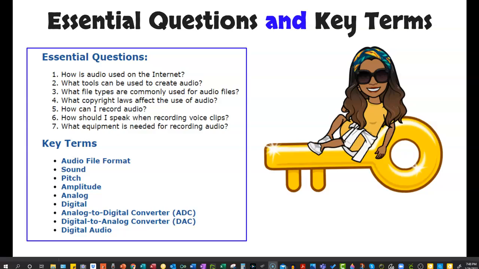How should you speak when you're recording voice clips? That's another essential question. Really pay attention to all of the content and all of the tools that you're going to be using. And the last one there talks about the equipment that is needed for recording audio. So read those essential questions. Also, make sure you read through the key terms. There are several key terms. All you have to do is put your mouse on each one of them and you will be able to